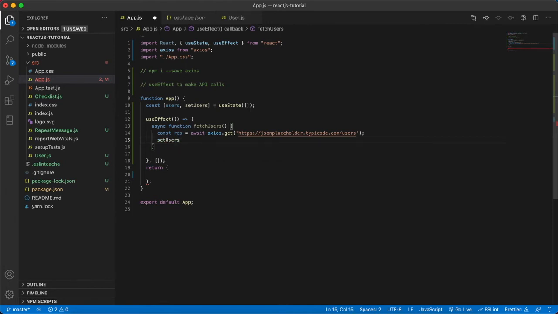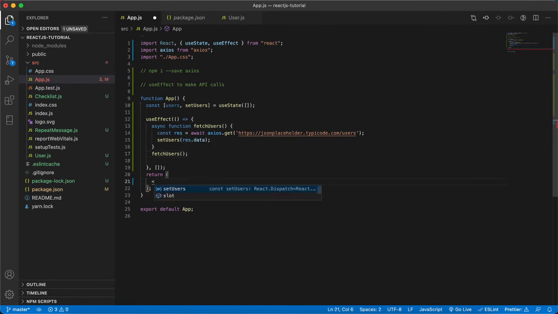You can set it directly, or you can use the previous-state method to update the state, like that also you can do. For now I'm doing response.data. Once this asynchronous function is written, you have to call it within this useEffect. So whenever it's initially mounted, this function is executed, and we can see the data being listed, right?